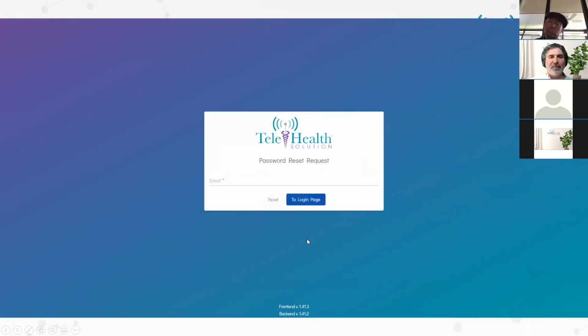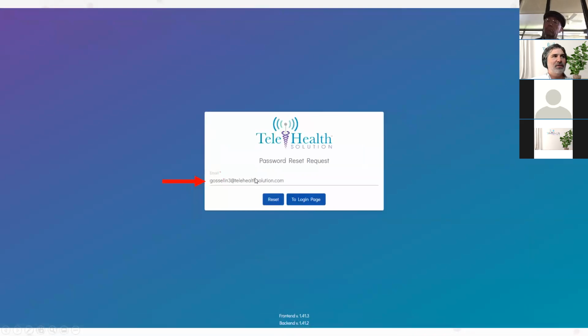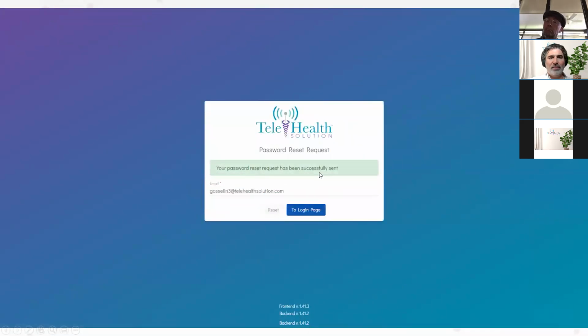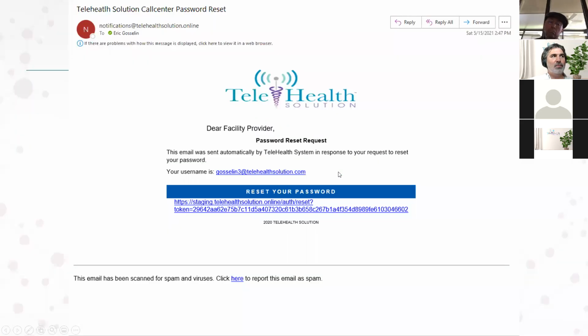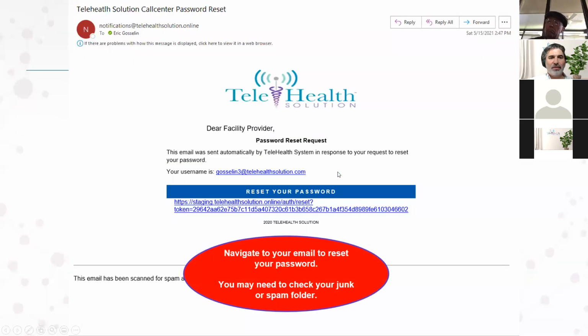As long as you've been set up in the system, even if you've never logged in before, your email will be active with us. You're going to put in your email, and then you push reset, and then it's going to say you've been sent a password reset email. You're more than likely going to need to check your spam folder if you've never received an email from us. But you should see the email that looks like this: